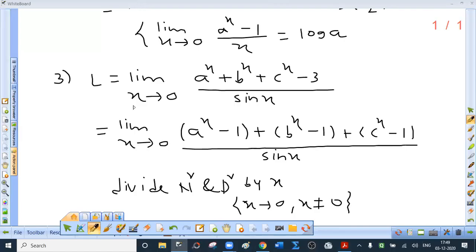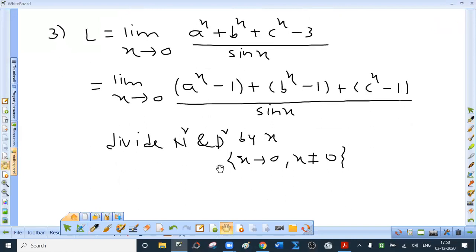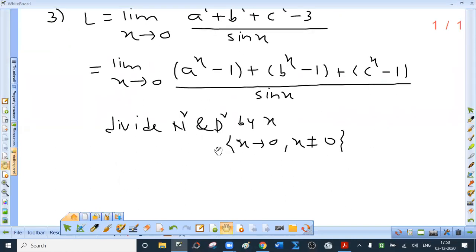Third one, let L be the limit as x tends to 0 of (a raised to x plus b raised to x plus c raised to x minus 3) upon sin x. Now rearrange the terms in the numerator: a raised to x minus 1 plus b raised to x minus 1 plus c raised to x minus 1, upon sin x. Now divide numerator and denominator by x. See, division is valid because x only tends to 0, not equal to 0, right? So L equals